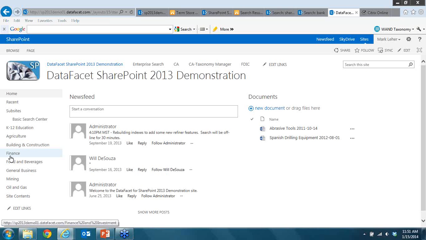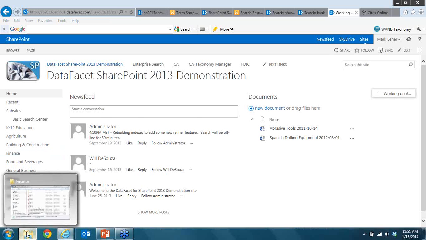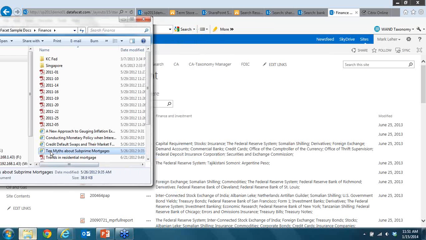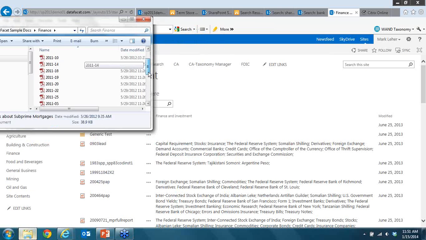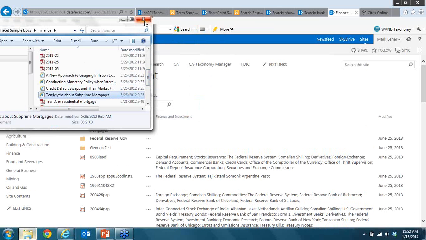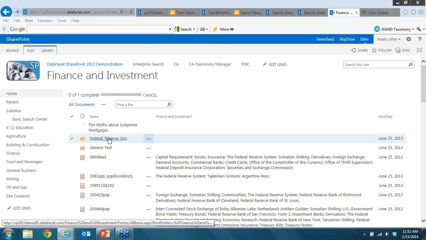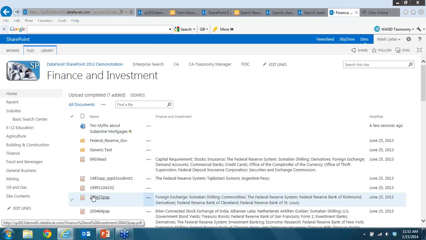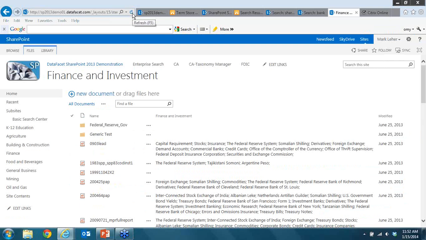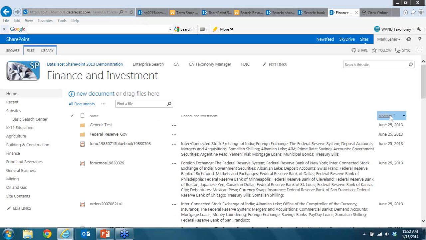And Wand has a solution called Data Facet that I briefly want to demonstrate to show you what that looks like. So we'll go to this finance library, and this time I'm going to do a drag and drop. I'm going to bring in this document, 10 Myths About Subprime Mortgages. What's happening now is the Wand Data Facet engine, or it should have been, is indexing the text of the document, and based on rules that we've set up,